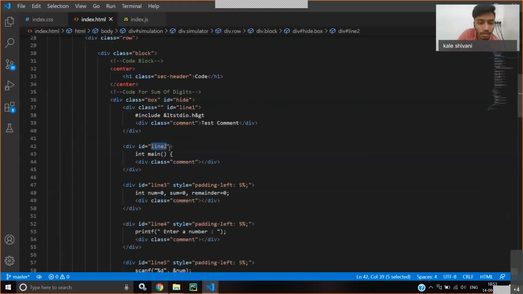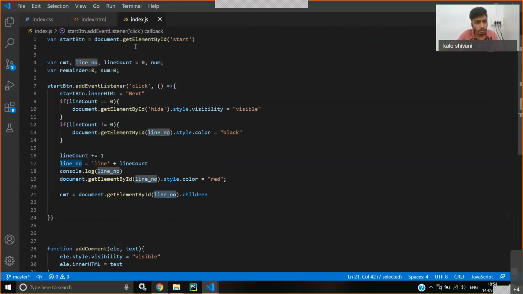So for example, we are at line 2 and its first child is this div element. It will not take into account int main. If you use the childNodes property, then it will take this into account. Okay. So we want the first element, which is this one. And since it is going to return us an array, we want the first element. Okay, so CMT is pointing to the comment section.